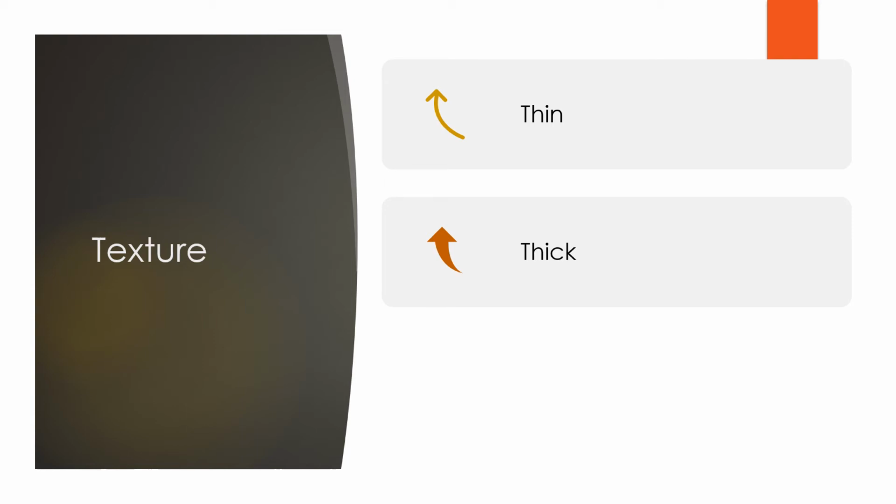So we had loads of instruments going on there, and compared to the beginning of the song, that was a thick texture, whereas the beginning of the song had a thin texture. And remember, this song actually builds up in texture. With each new section of the song, another instrument gets involved. So we start building it up.